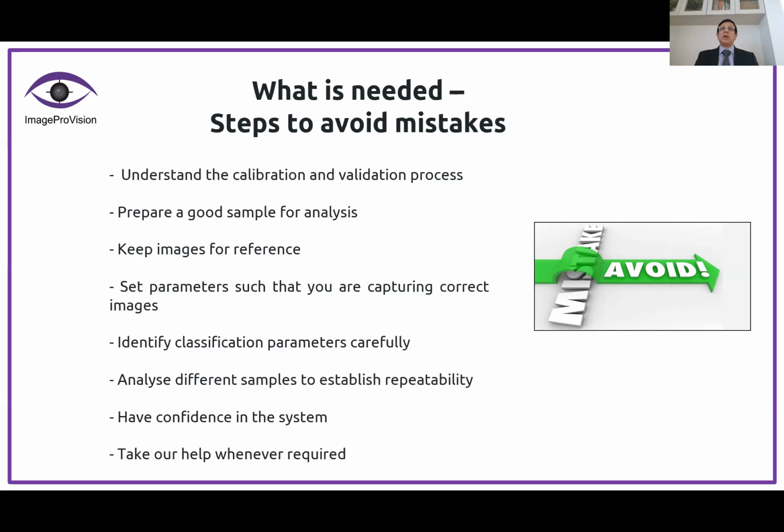Now, what I have seen is that the moment you get a result which is not as per your expectation, the first thing you want to conclude is that there is some problem in the system. Let me tell you that no system will behave abruptly unless we do some process differently, not as per the process, or we have not set the parameters correctly. So whenever you are getting results which are not as expected, please go back and check your process to see if you have done all the steps correctly or not. If at all there is a problem, you can always ask the manufacturers for help.